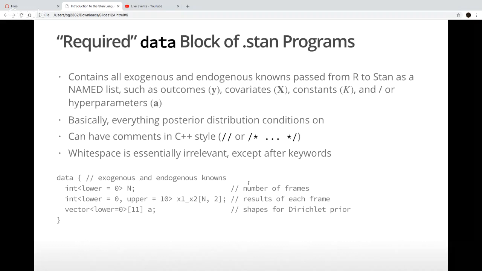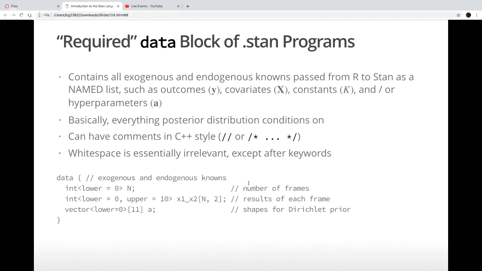So it gets n first and then says, okay, I have a 2-dimensional integer array of data called x1, x2 for the number of pins that fall down on each of n frames, and the elements of x1 and x2 are restricted with a lower bound of 0 and an upper bound of 10 in order to make sense for bowling. So this is the results of the number of pins falling down on each frame.